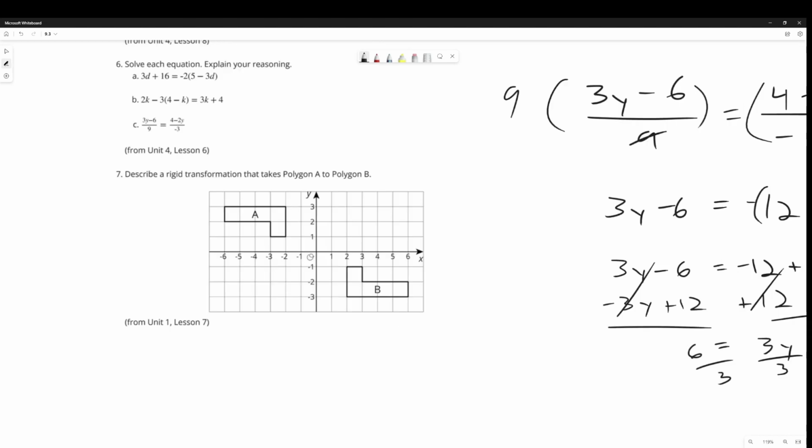And last but not least, number 7, describe a rigid transformation that takes polygon A to polygon B. Well, it looks pretty clear that the origin is the center of rotation, and to get A from B, that would be a 180-degree rotation about center